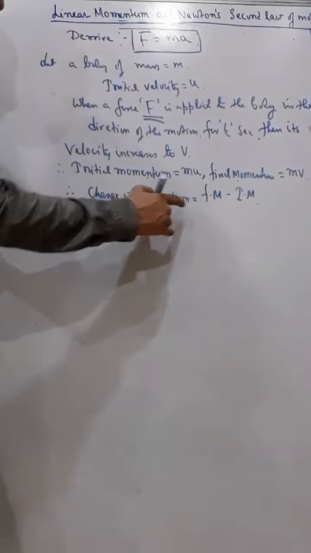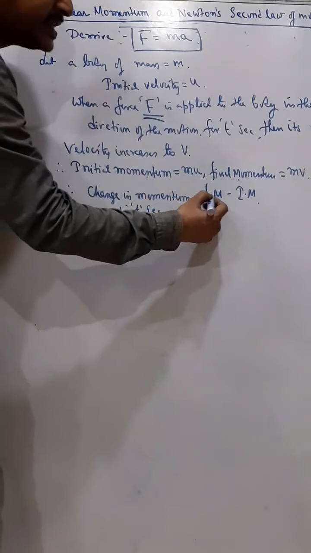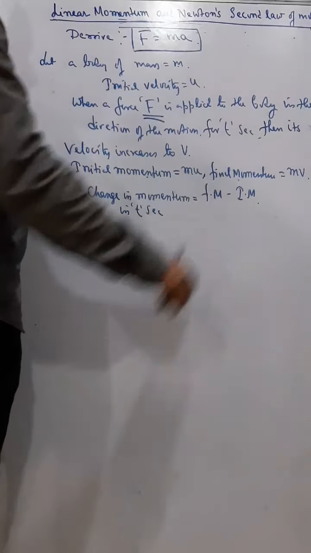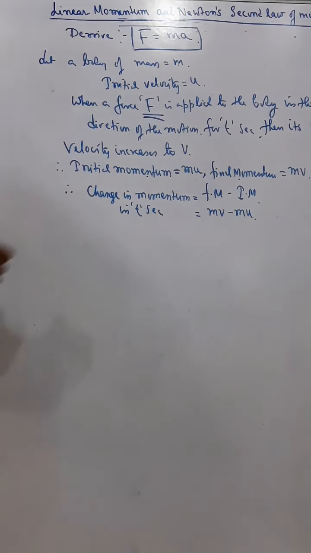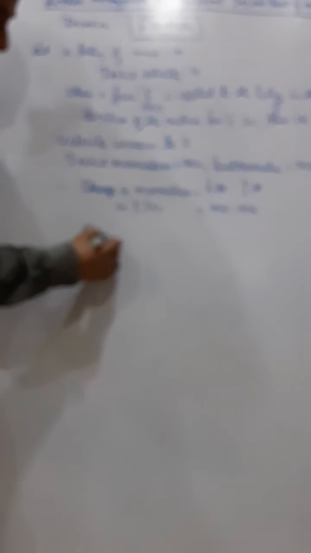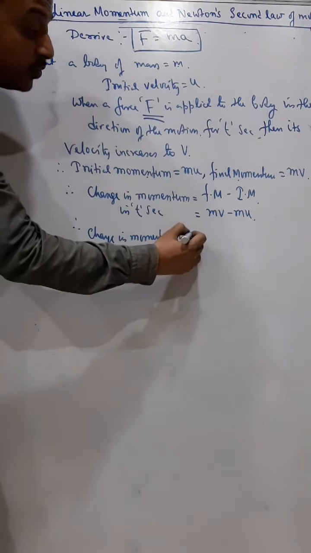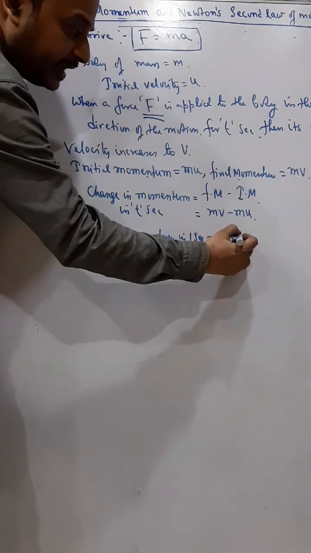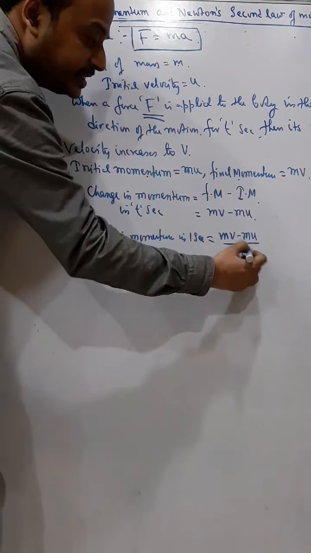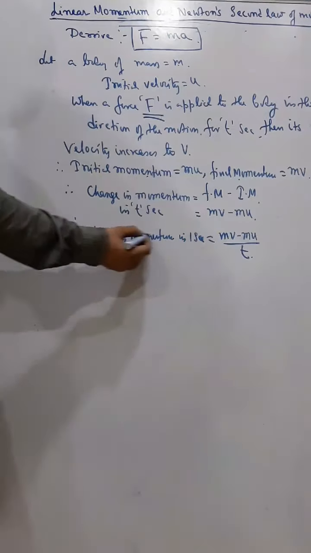Now this change in momentum is for in how many seconds? Yes, the change in momentum in t second. I can say the change in momentum in t second is the final momentum minus initial momentum. That means actually mv minus mu. Now the change in momentum in 1 second, yes, it will be (mv minus mu) by t. So this is the change in momentum in 1 second,